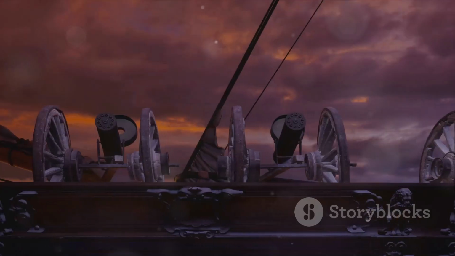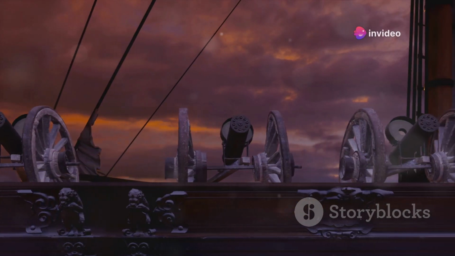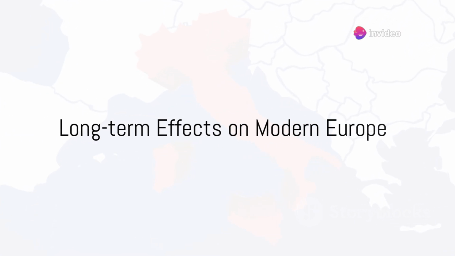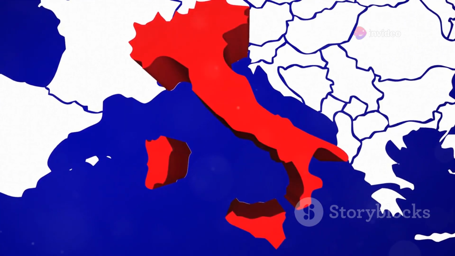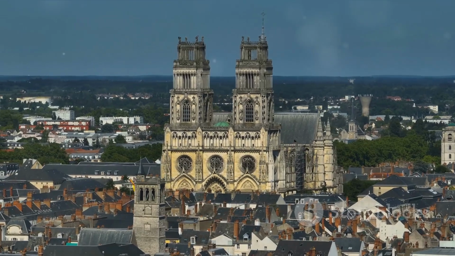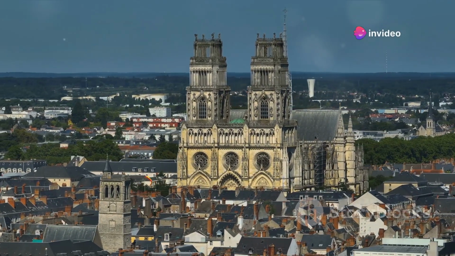However, the scars of war ran deep. Though the treaty silenced the cannons, the echoes of conflict continued to shape the nations involved. The ripples of the 100 Years' War are still felt in modern Europe. This prolonged period of conflict did more than just redraw territorial boundaries. It fundamentally reshaped European society and laid the groundwork for modern nation-states.